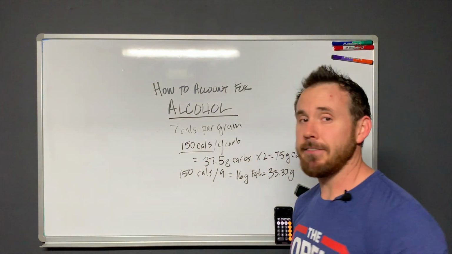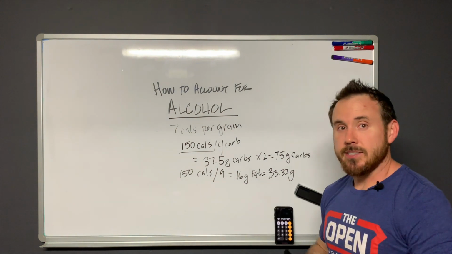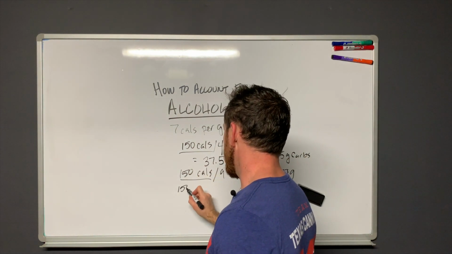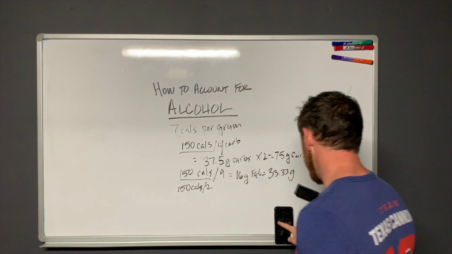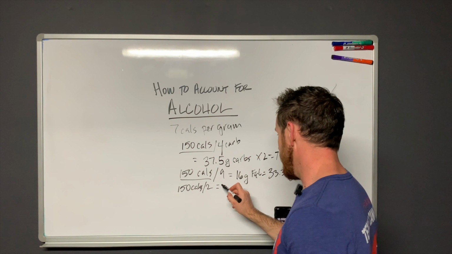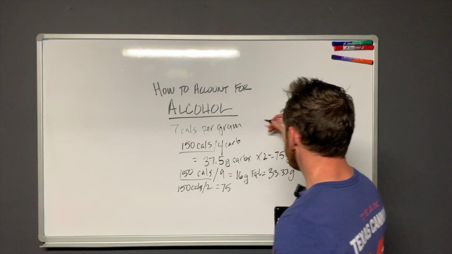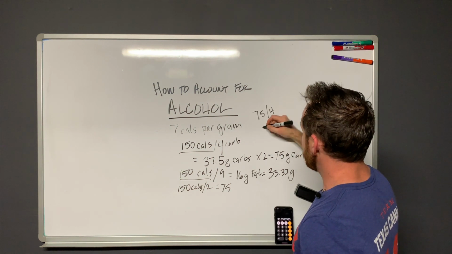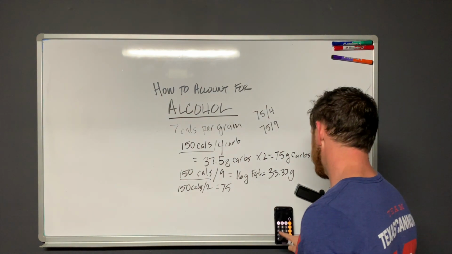Now, here's my personal favorite. We can get a balance here, right? If you want to manipulate both, you take 150 calories, divide that by 2, and we have 75, right? So now I have 75 that I can use both ways. I'll maneuver this up here. So we have 75 divided by 4, and then 75 divided by 9,